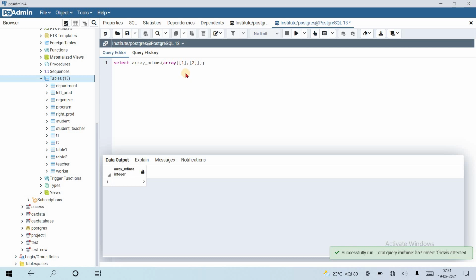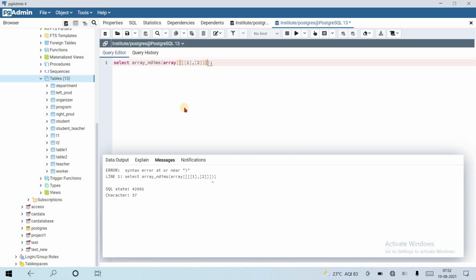So here you can see that this is a two dimensional array because inside there are two elements again with square brackets. For identifying the dimension of an array, here is a trick: count how many square brackets are at the start, and that is the dimension of that array. Suppose I add one more square bracket here and at the end also, so the dimension will become 3. No, it will give me an error because this is not the case.